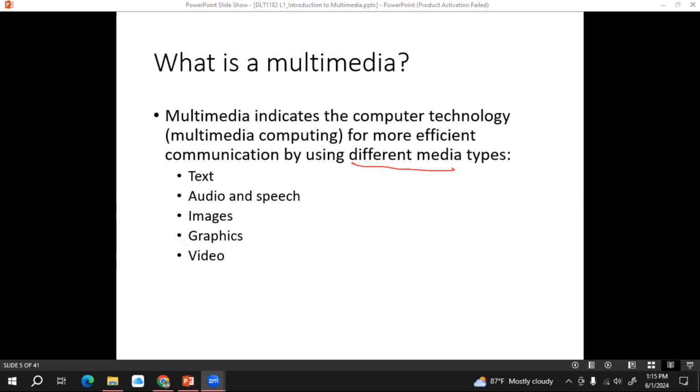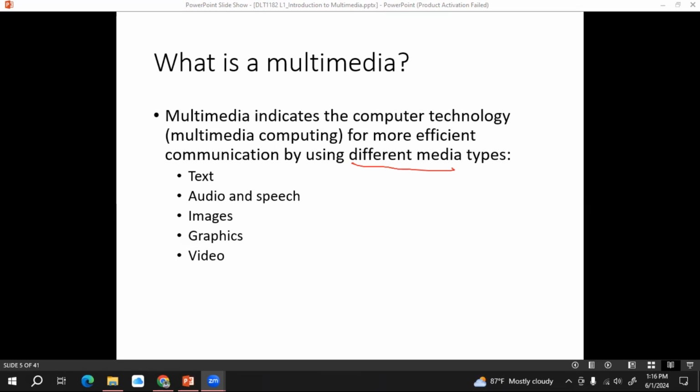Then we can build up a definition for multimedia. We can say multimedia is a type of media that is integrated as one for proper communication between, let's say, two people, right? Efficient communication by using different media types. We can say multimedia is a combination of different types of media, which we can combine for more efficient communication, right?